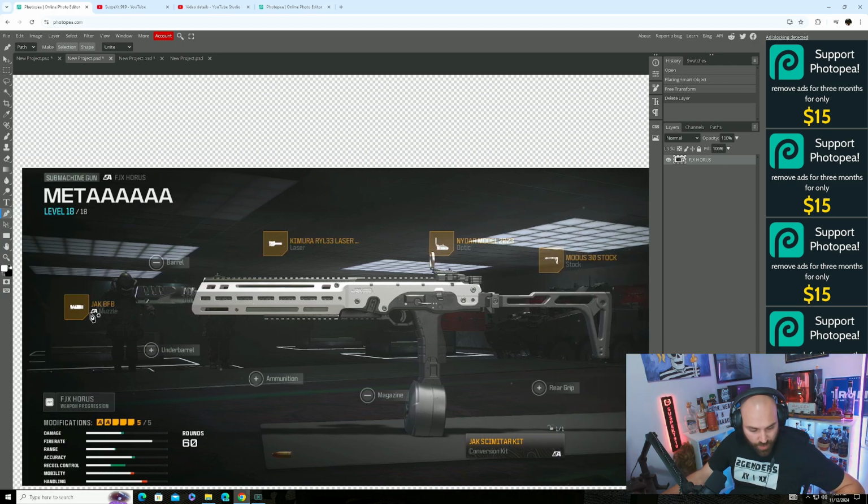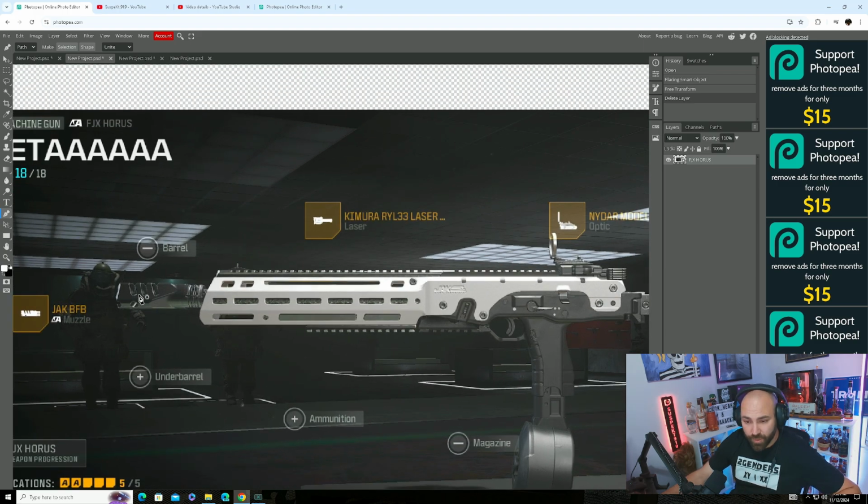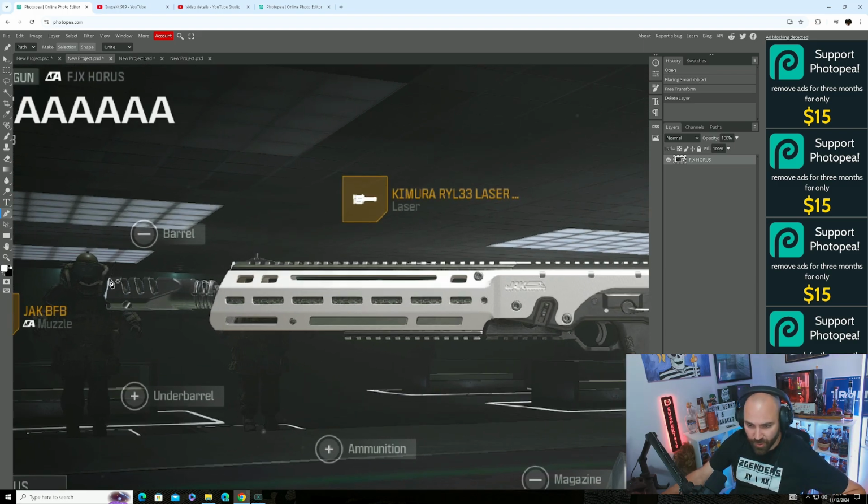Say you wanted to, which I don't understand why people would ever want to do this ever again when you have this capability. It's kind of hard to see where the gun stops, but you can do something like this and drag all the gun out, which I don't know why you'd want to do that. So instead of doing that,